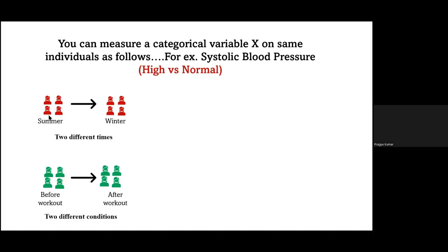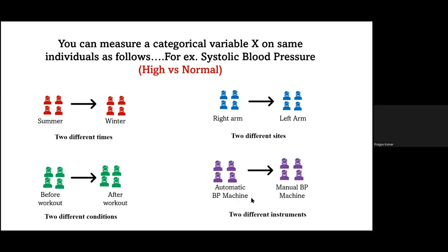There can be one situation where the same set of individuals, maybe the same MBBS students, I have measured the systolic blood pressure before the workout and after the workout. So under two different conditions, I have measured the blood pressure. Again, at two different sites, maybe for the same individual, I may measure the blood pressure in the right arm and in the left arm. So I am doing it at two different sites. This is again a paired value, or under two different instruments, like maybe I may measure the blood pressure with